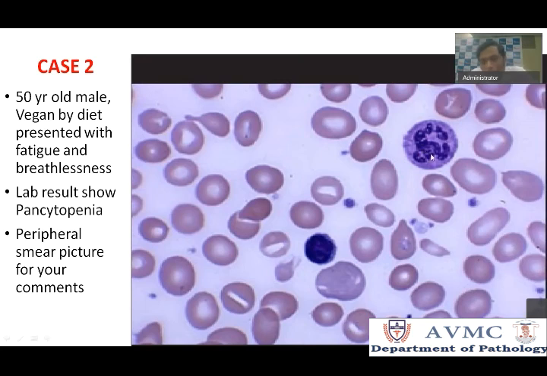A normal neutrophil, if you have seen in your differential count, should have 3 to 5 segments or lobes. Here, the number of segments is too much. So this is a hypersegmented neutrophil. The criterion to call it hypersegmented is that you find one neutrophil with 6 lobes. Then you can call it hypersegmented neutrophil in that particular patient. When you have only 5 segments, you need to encounter 5 neutrophils with 5 segments to call that patient hypersegmented.